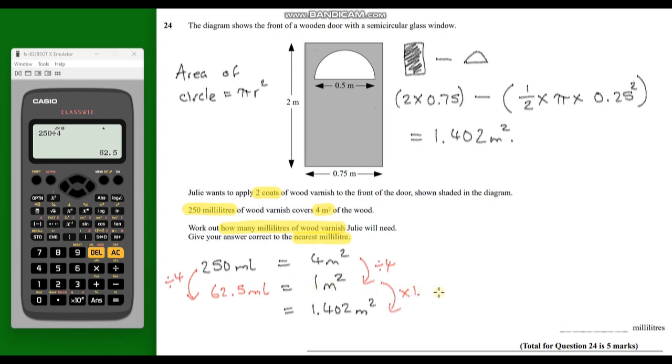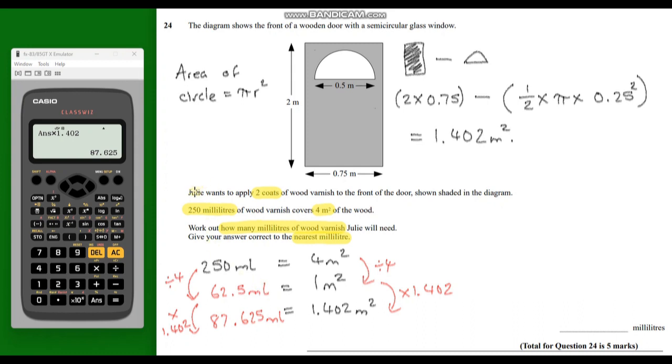And now I can work out how much we're going to need, because I can just multiply now by 1.402. So I'm going to do exactly the same to this side. So times by 1.402, and I get 87.625 millilitres. So that is how many millilitres we need to cover the front door,